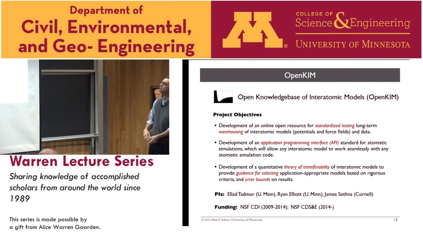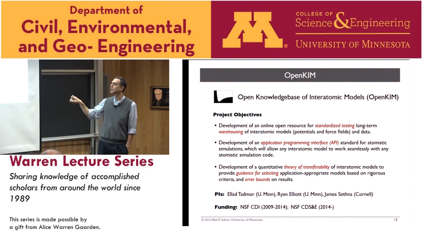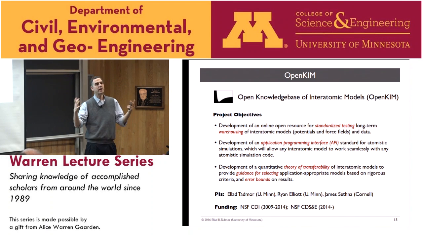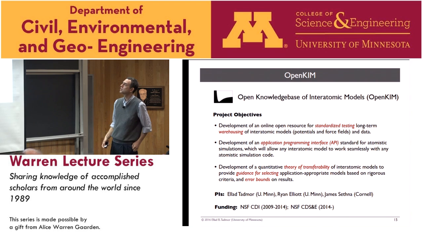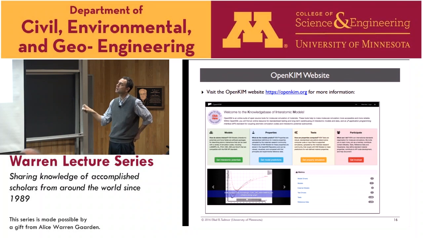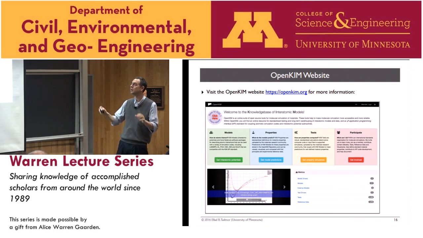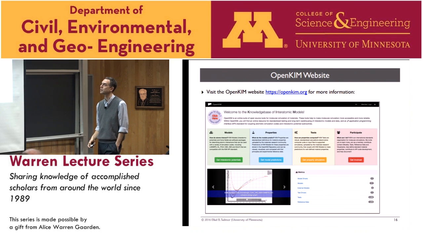And I'll just say that this is part of a much bigger project that's actually run by myself and my colleague over there somewhere, Ryan Elliott, together with Jim Sethna at Cornell. And that's a big project called OpenKIM, and it's all about understanding potentials. What are their predictions? Which potential to use for an application? This was an example of what I just showed you. I won't talk about this, but if you're interested, you can go to the website, openkim.org, and just read about it. And if you're doing anything atomistic or anything like that, you should come talk to us, because we're really keen to work and collaborate with people on this.